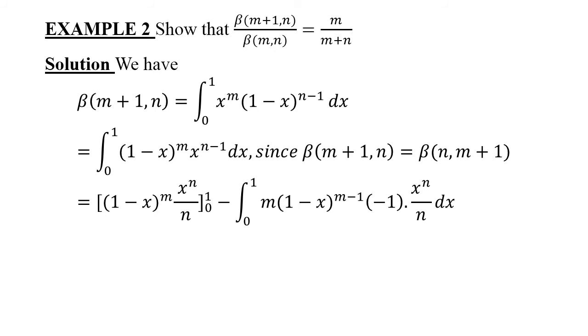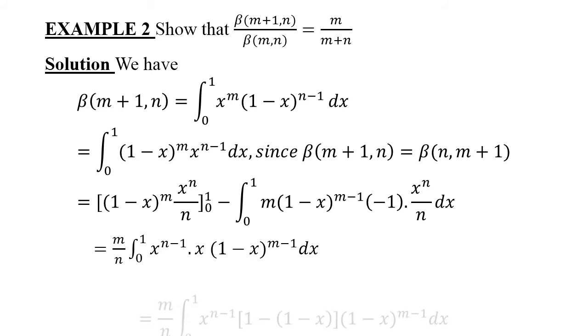Now we integrate it by parts. Integration by parts we use here. So it is (1 minus x) to the power m times x to the power n upon n, with limits 0 to 1. That will be 0 when we put in the limits. And next, minus the integration from 0 to 1 of m times (1 minus x) to the power m minus 1 times minus 1, times x to the power n upon n dx. So here the minus 1 and the minus sign of the integration make minus minus plus. So finally we get m upon n times the integration from 0 to 1 of x to the power n minus 1 into x, times (1 minus x) to the power m minus 1